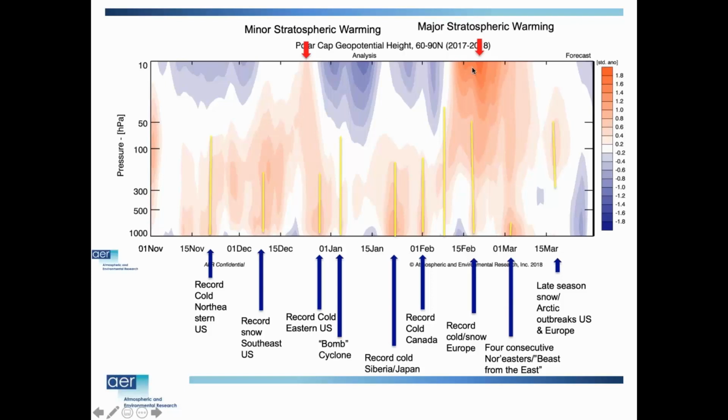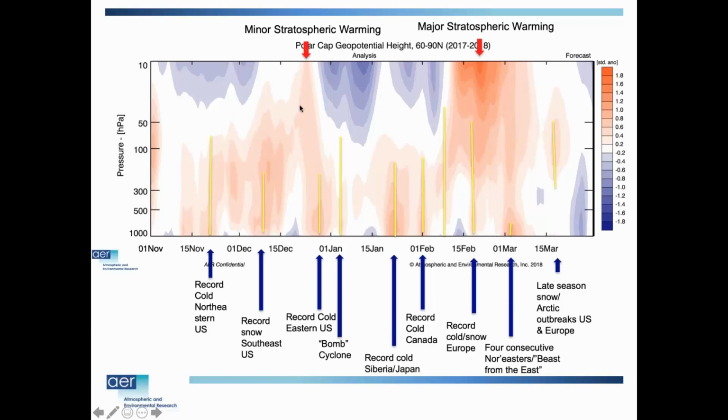But this bigger polar vortex disruption here in February, from 2 winters ago, really led to cold weather focused in your area, Montana. But then the extreme winter weather did move east with time, and we had 4 consecutive nor'easters. And also in Europe, there was a beast from the east, and they had cold and snow.